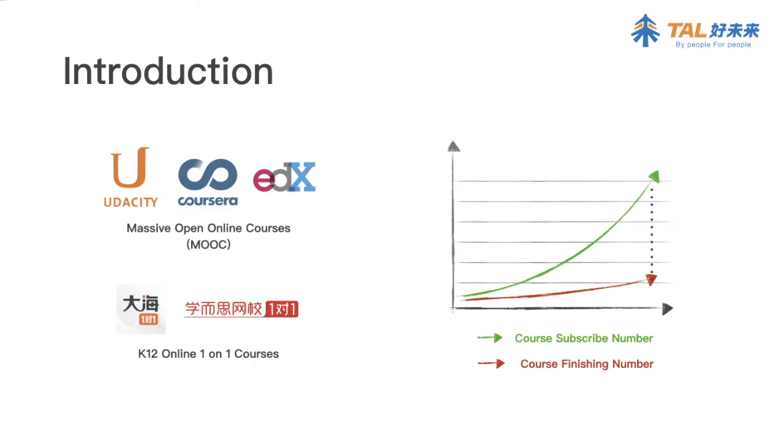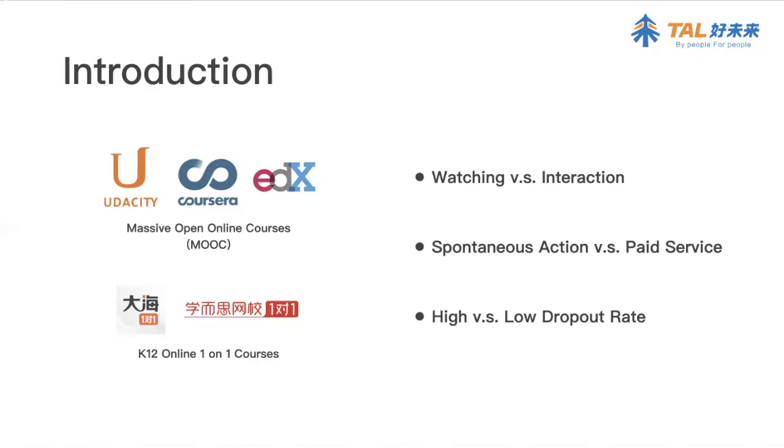In order to help more students learn better in online environments, the early identification of at-risk students has drawn more and more attention within the education research field nowadays. There have been several prior studies focused on predicting the dropout behavior of MOOC students. However, research about identifying at-risk students in K-12 one-on-one courses is pretty rare due to its recent appearance.